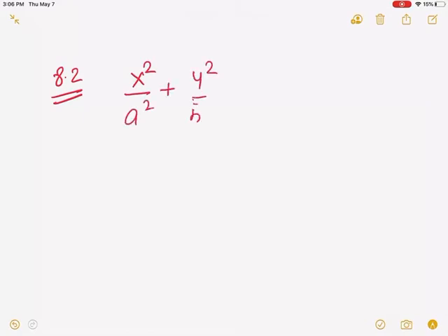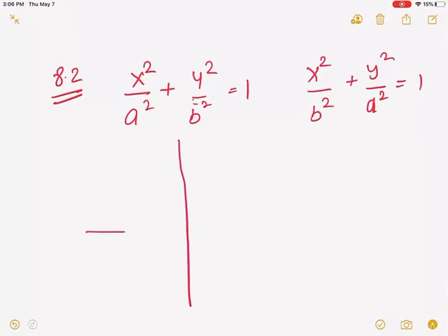x squared over a squared plus y squared over b squared equals 1. It could be the other way around, where x and y stay the same but a and b switch, depending on the major and minor axes. Just because x squared and y squared have nothing added to them, once you graph it,